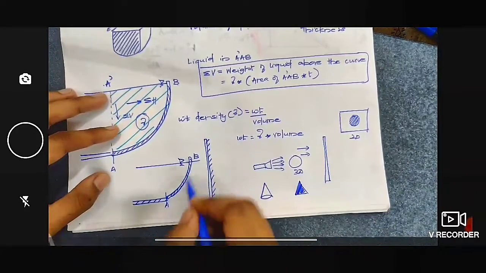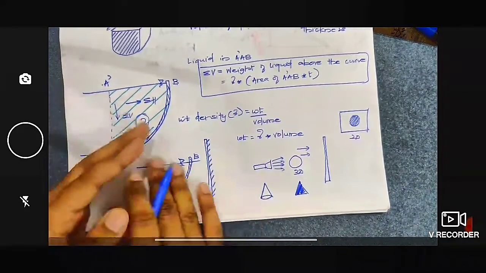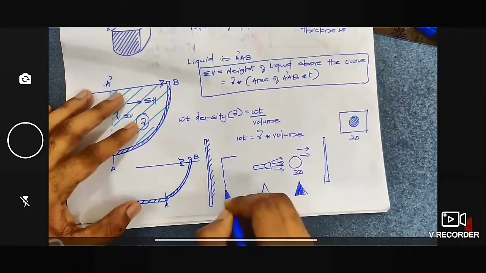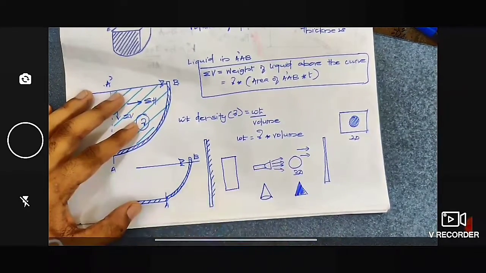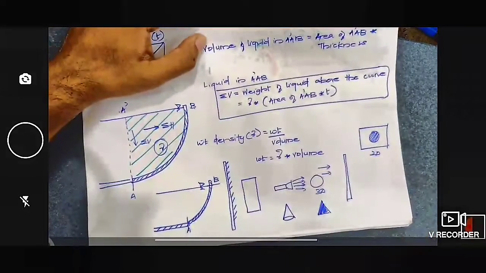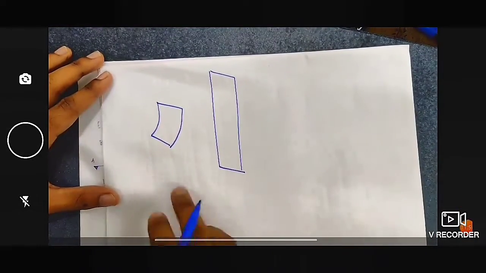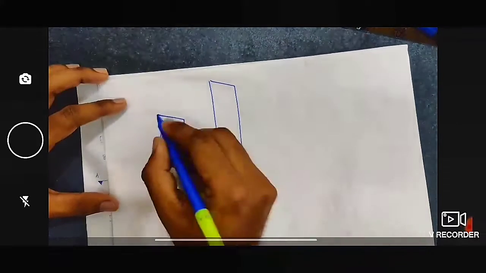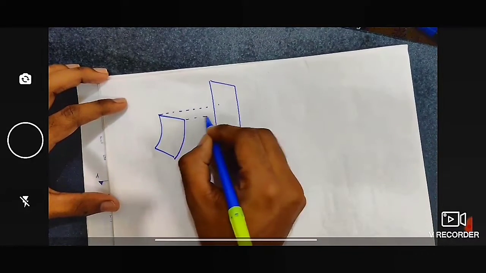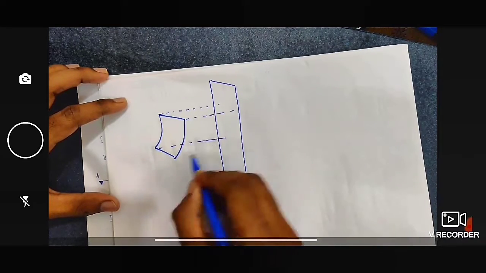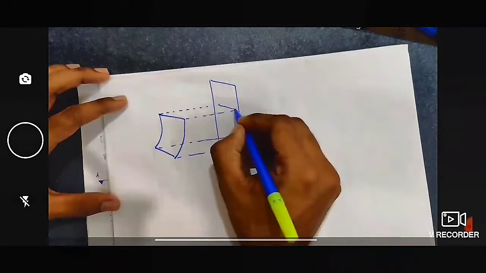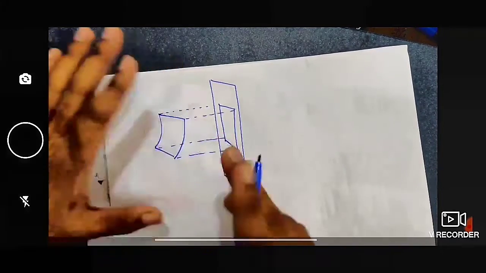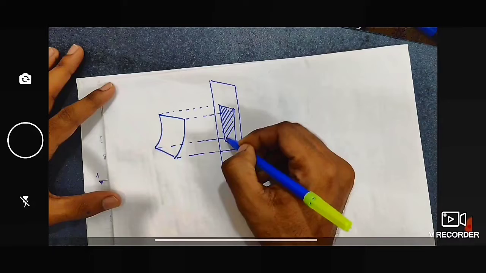Similarly, if you have a curve like this and you are projecting it, what will you obtain? You will obtain nothing but a rectangle like this. Just see this figure. This is a curve, and you have a vertical plane here. You are projecting this towards the vertical plane. What you will obtain when projecting it is something like this. So this curve changes to a vertical plane. So that is our concept.